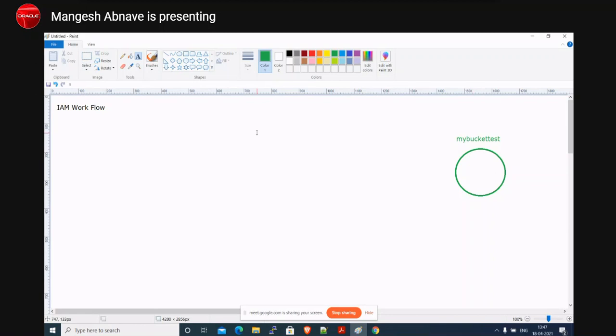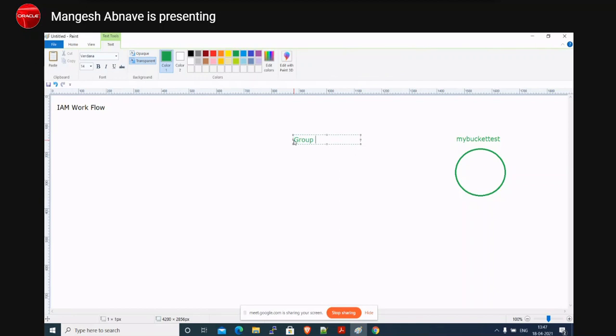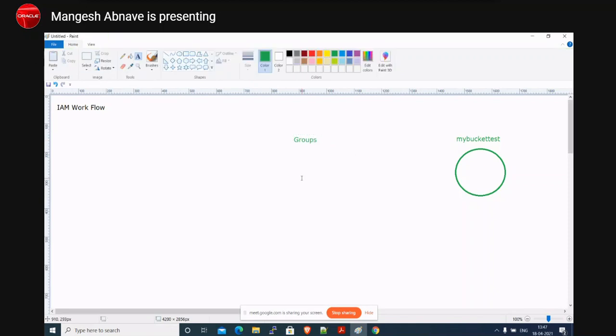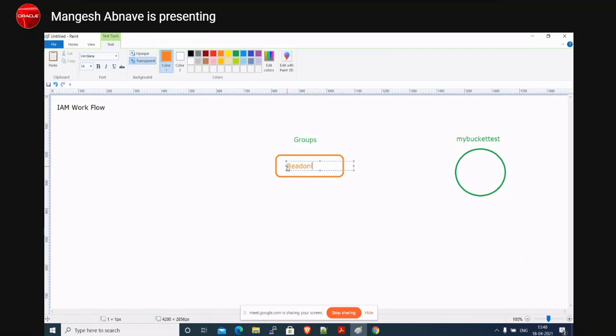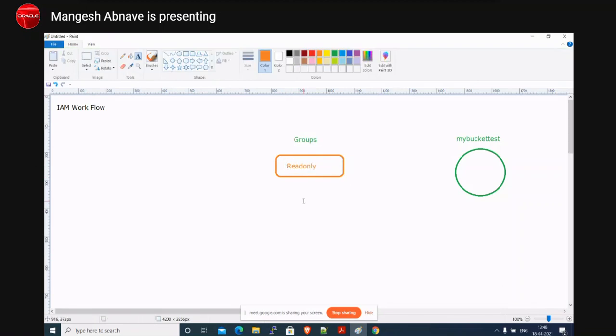So I will create two groups over here. The first group would have read-only access, so I will create a group called read-only. Now to this read-only group we are going to attach a policy.